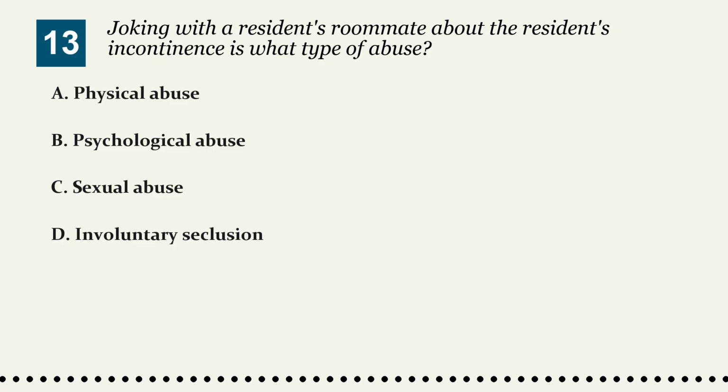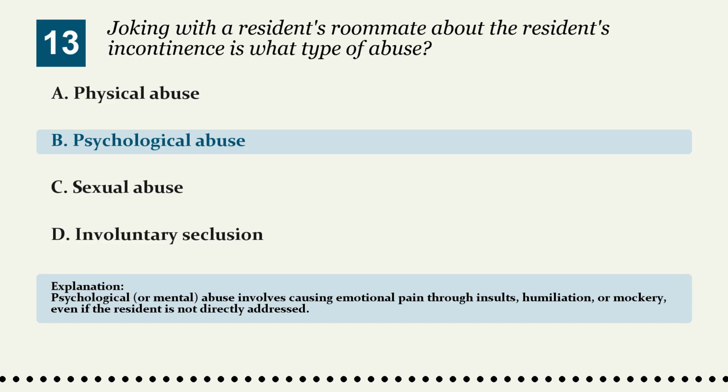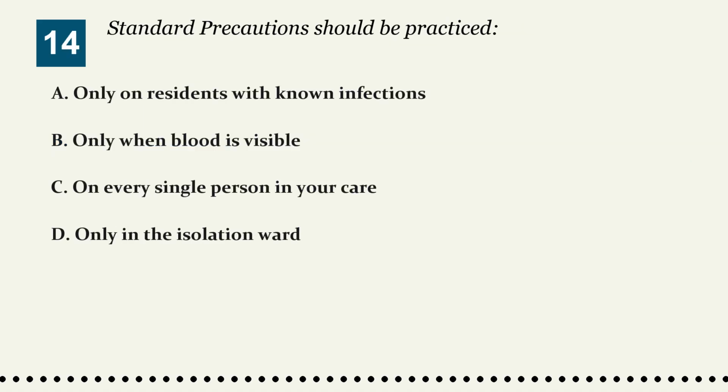Option A, physical abuse. Option B, psychological abuse. Option C, sexual abuse. Option D, involuntary seclusion. The correct answer is option B, psychological abuse. Psychological, or mental, abuse involves causing emotional pain through insults, humiliation, or mockery, even if the resident is not directly addressed. Question 14. Standard precautions should be practiced: